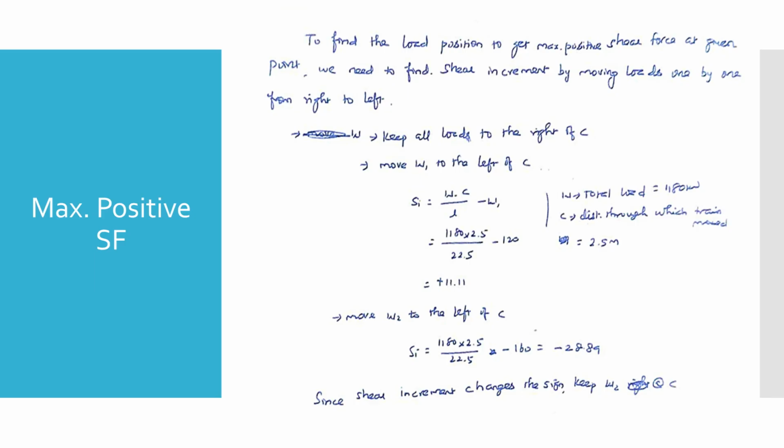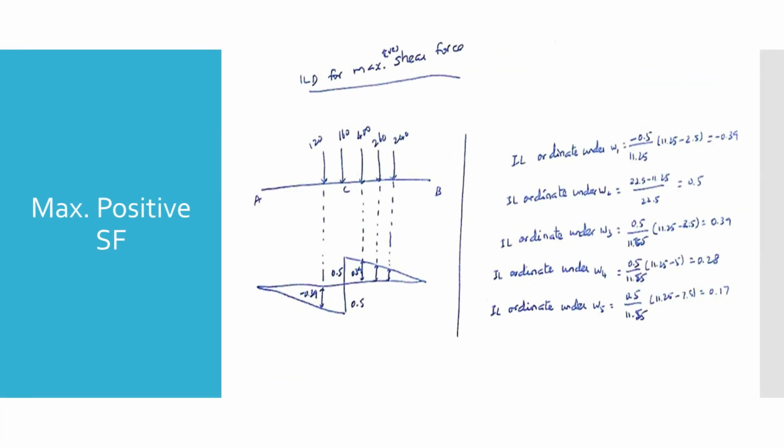Next, we test moving the second load, W2, to the left. This calculation results in a negative increment of minus 28.89. Because the shear increment changes sign from positive to negative, the maximum positive shear occurs precisely when W2 is positioned directly over section C. With our critical load position locked in, where the 160 kilonewton load, W2, sits right over